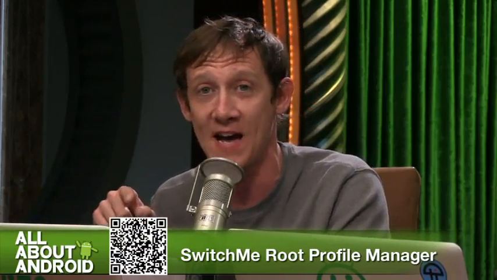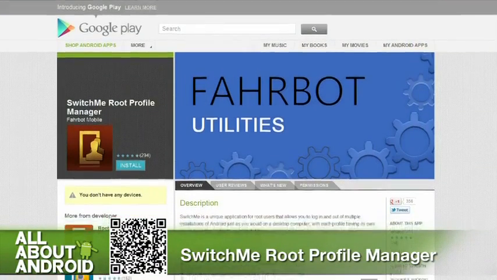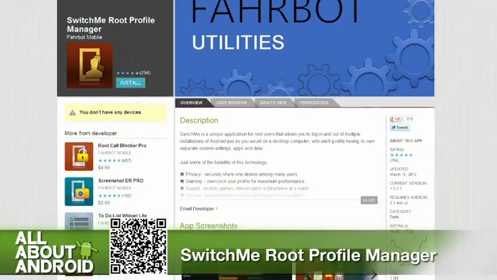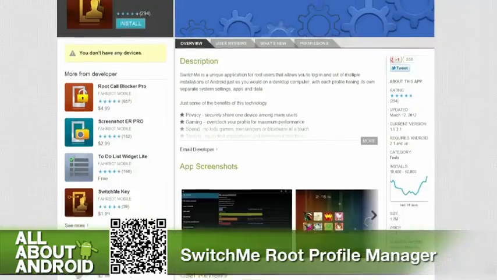I know, Ron, in a previous episode, you featured a fan of the show's app that does something similar to this. The app that I'm featuring, though, is not this in particular. It just allows me to do it in a way that I really like. It's called Switch Me Root Profile Manager. We've also talked in the past about how tablets are shared devices a lot of times, and you don't always want to have the same layout for every person that uses your tablet. It's very different from a phone, which is like your own device.